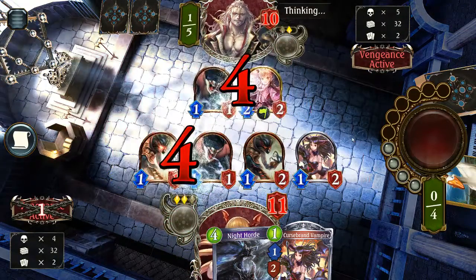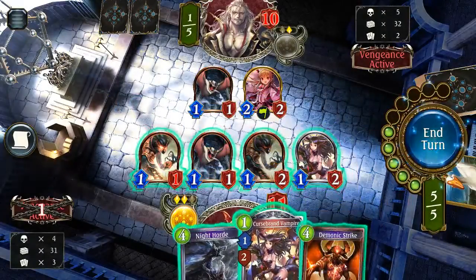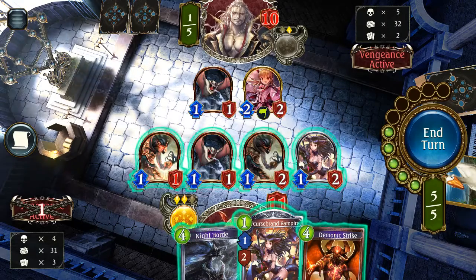If I evolve 1, that'll be 6. Plus 3 is 9. And I lost my Vania. That's sad. Okay. So, he only has 2 cards in hand. Obviously, Vengeance isn't a thing for him. He's just playing aggro. So what we need to do here